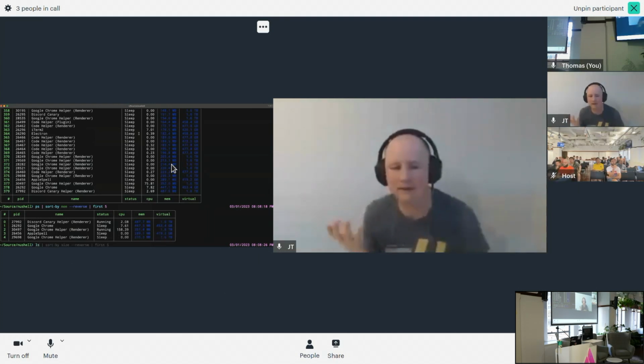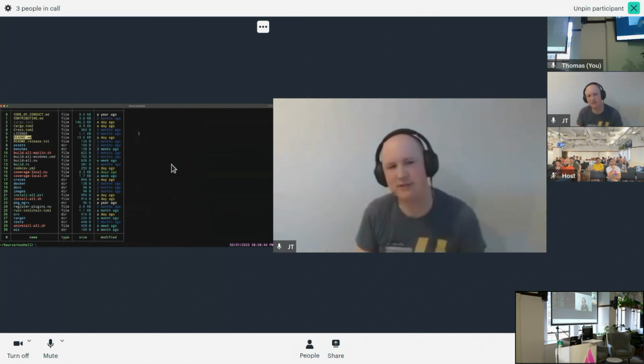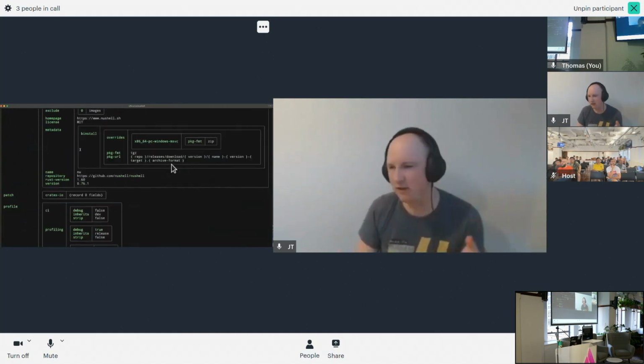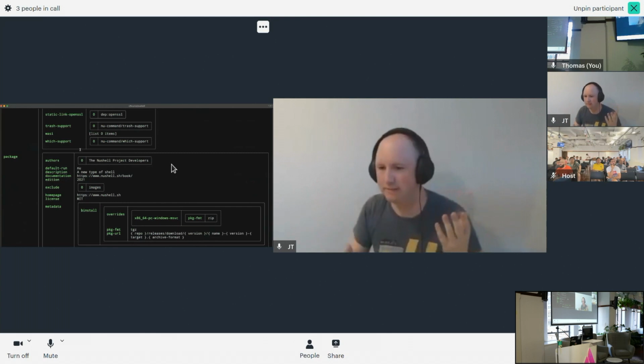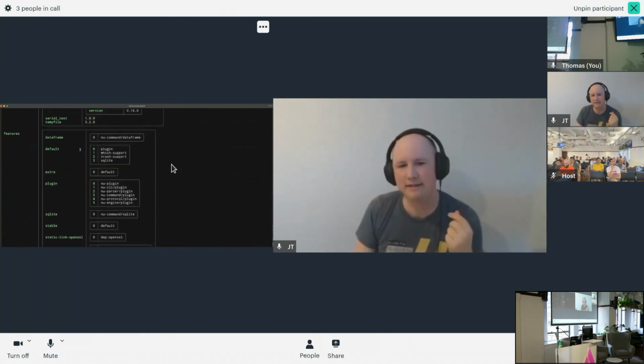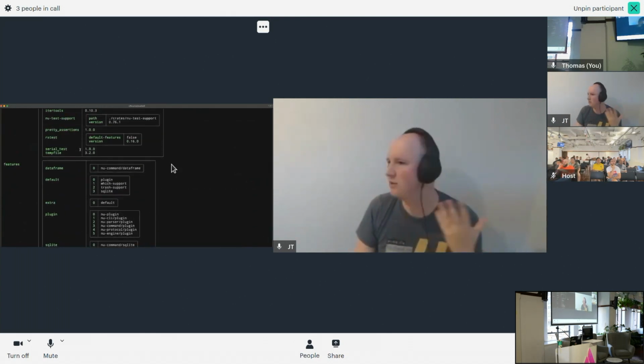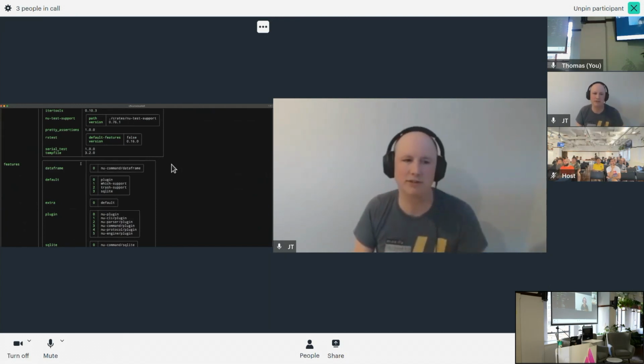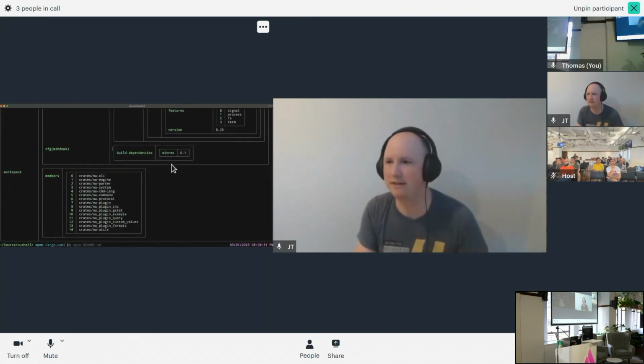So here I've got the Nushell source code. Like many Rust projects, this has a cargo toml file. I'm just going to open that cargo toml file. And you can see the structure of the cargo toml file in Nushell. This allows us, again, to use all the same commands. So if I wanted to grab out the features, I could say open